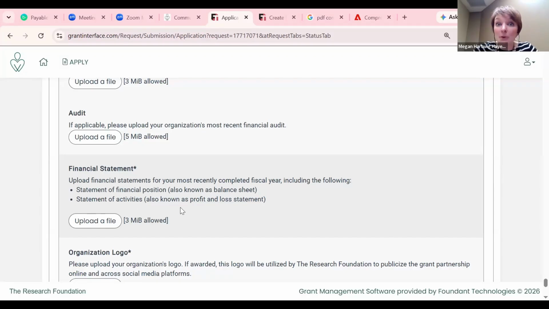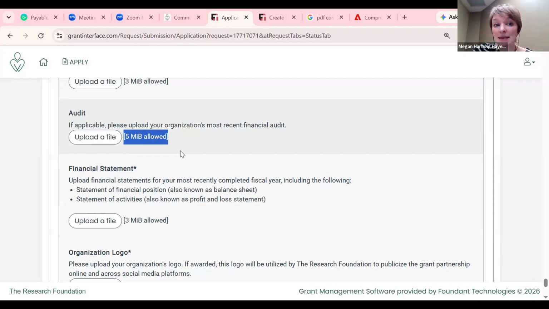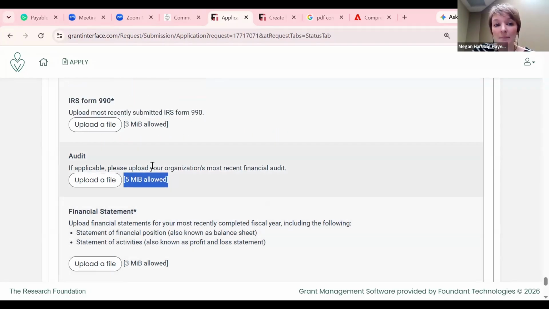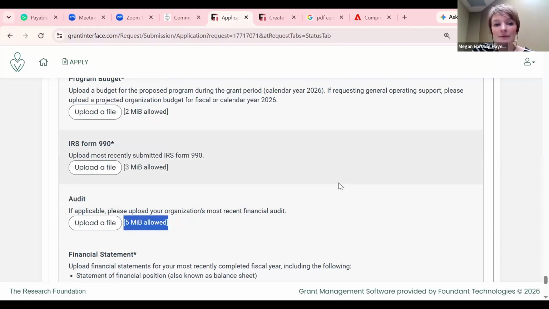So you might just print them both up and then scan them together as one file. Another thing to keep in mind is that there's a limited amount of space between all the different uploads. So for instance, if you have a larger file and you get a warning, hey, this file's too large,